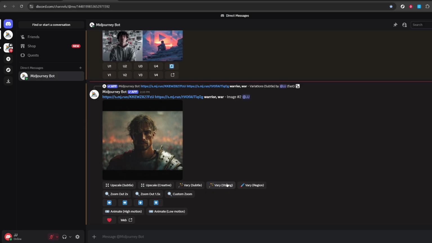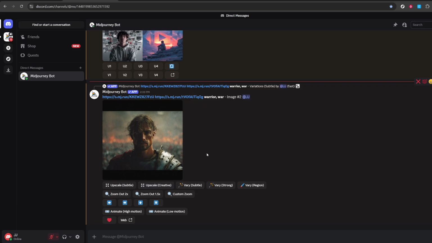After you click, give it a moment to process. The bot will post the upscaled image right below the grid. You'll notice improved resolution and refined details, which is perfect for sharing, presenting, or using in your projects. If you ever feel unsure about the grid positions, glance at the previews and match them to the U buttons